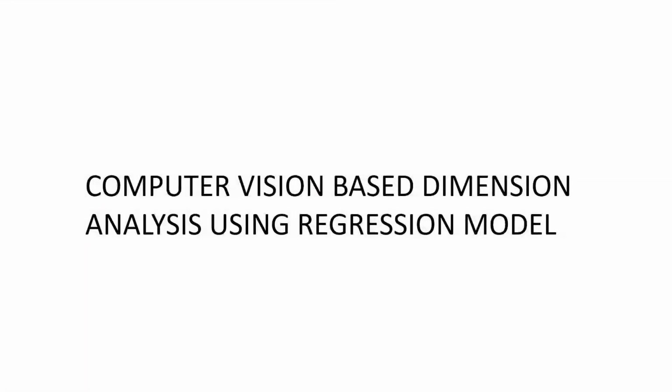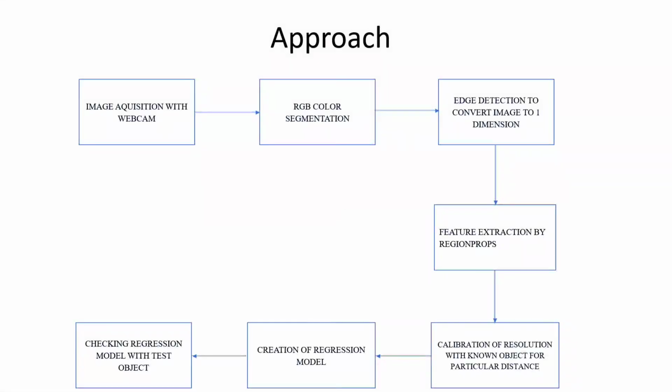Hello everyone. In this video, we are going to see how we can implement dimension analysis using a regression model based on computer vision technique. The approach that we have followed for this particular problem statement is that first we are going to acquire the image through a webcam. Then we are going to filter that image into its respective R, G and B components. We are using a threshold value of 0.4, and we have come to this value through